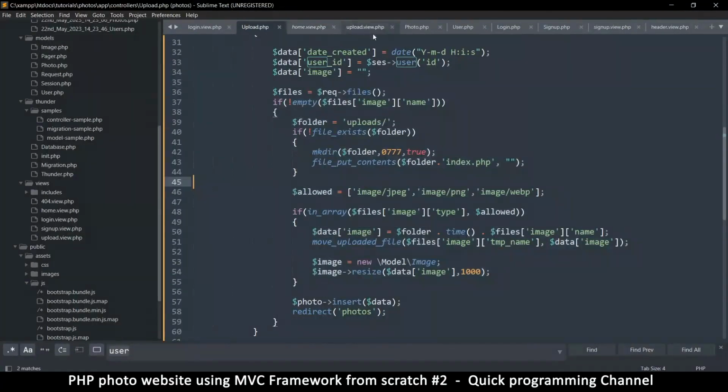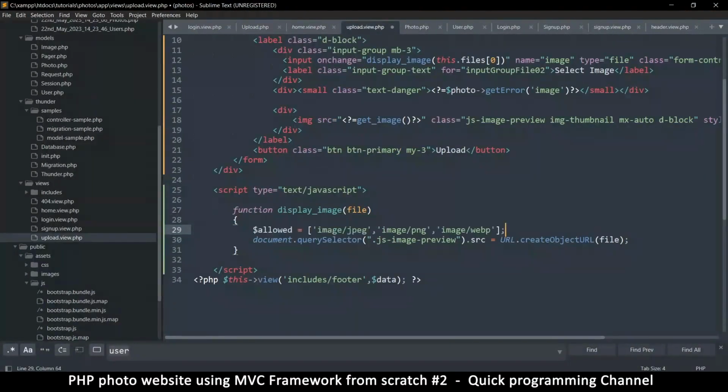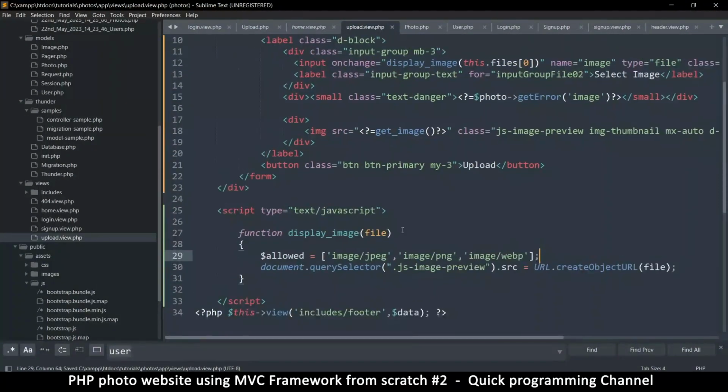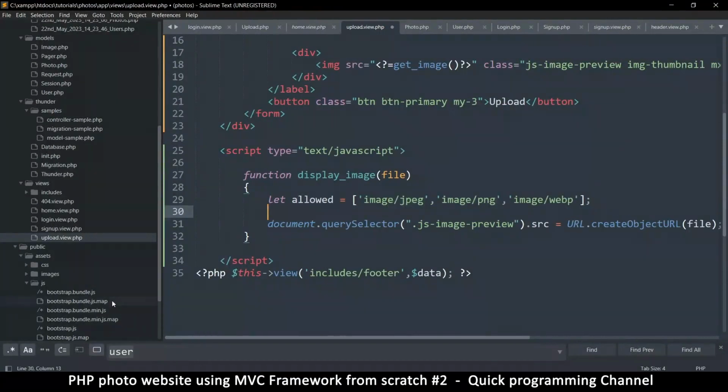So it would not be a good idea to find that the file you're uploading isn't supported after waiting. Maybe the file is quite large. After waiting a while, that's when you figure it out. So we should warn them in advance before the upload process starts. So we're going to say let allowed is equal to that. So these are the allowed formats. And then we're just going to ask the question, if